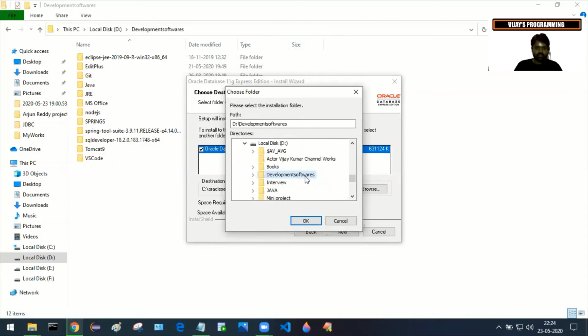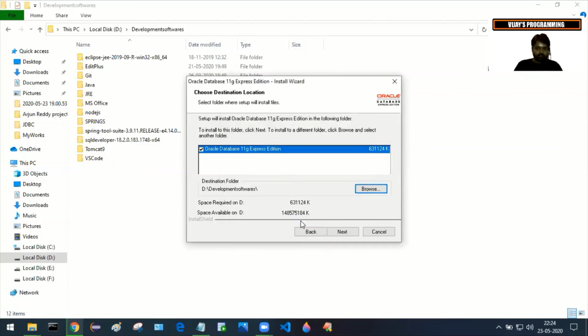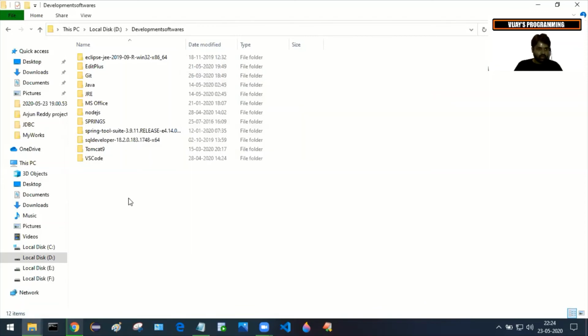I'm clicking on this development softwares. Just click OK. So here it is not taking the folder by default. Okay, it is going to install all the files in the development softwares. So that I don't want.